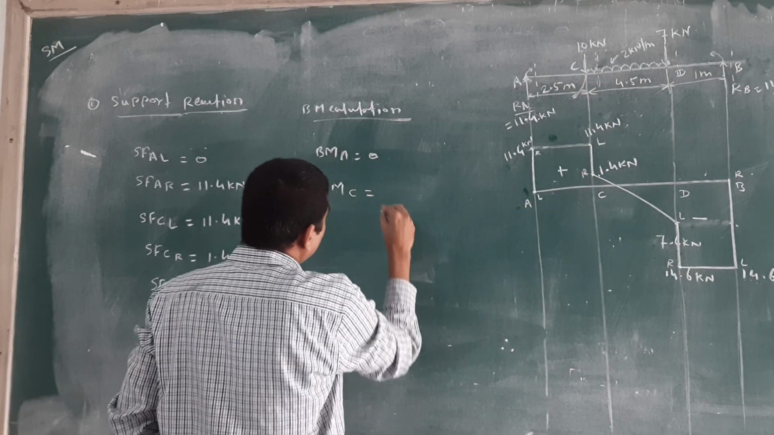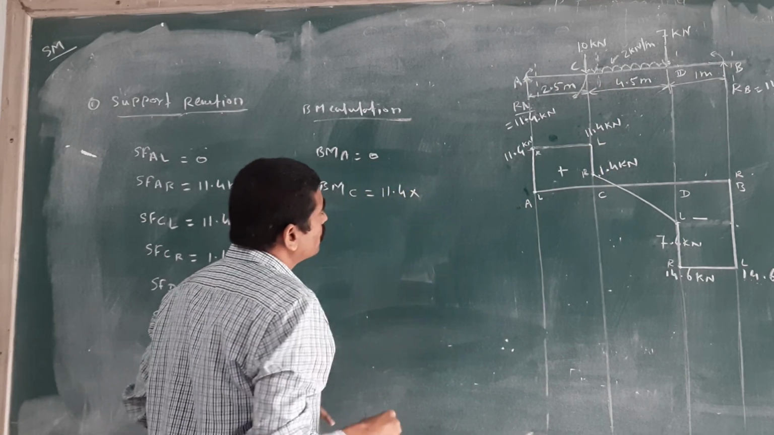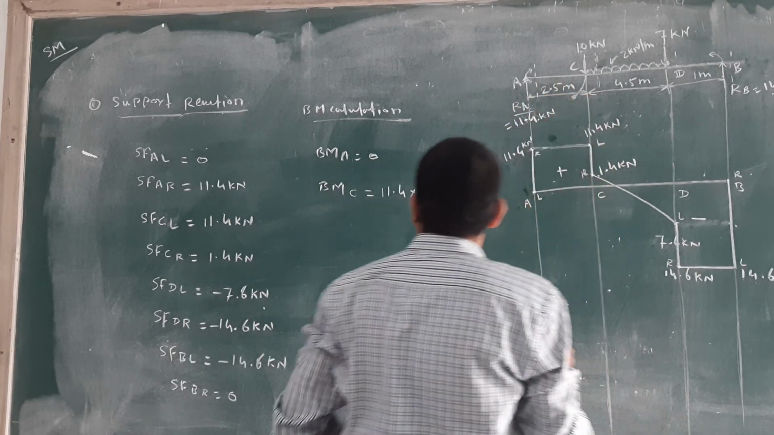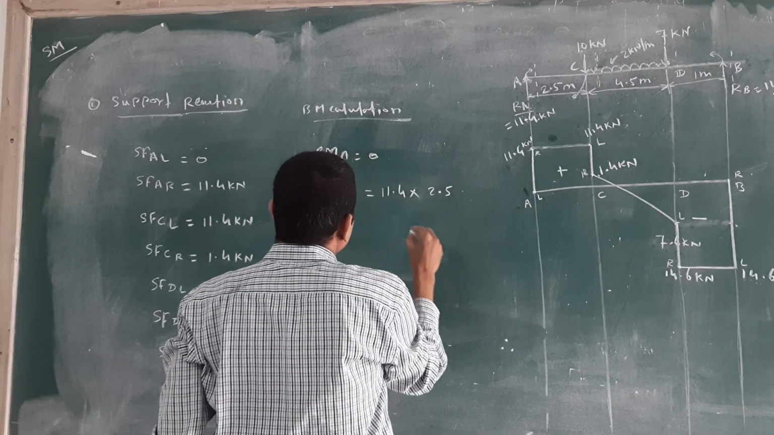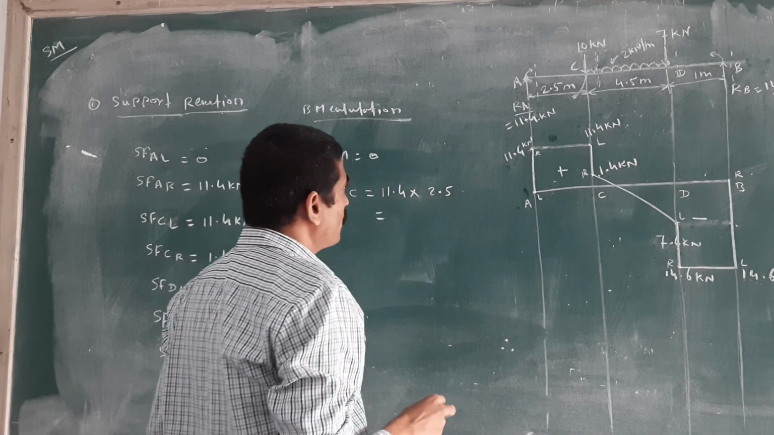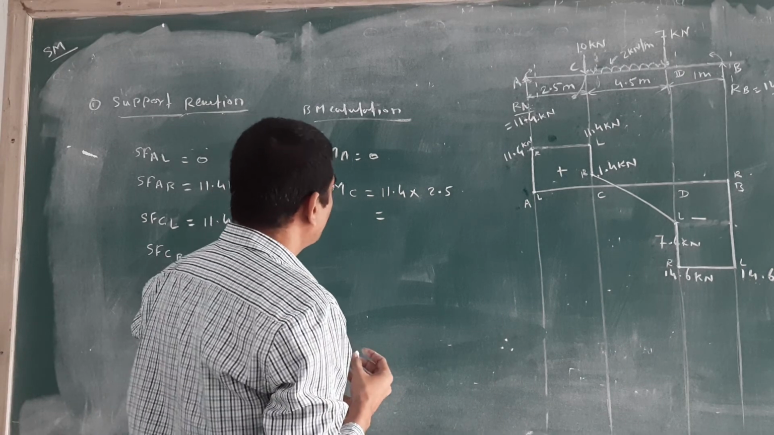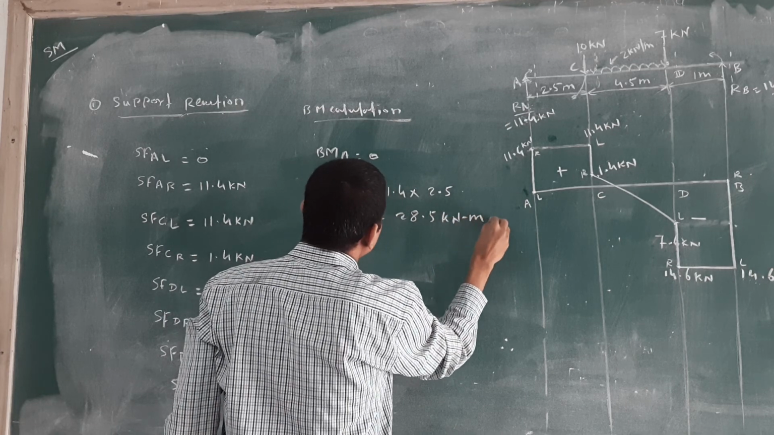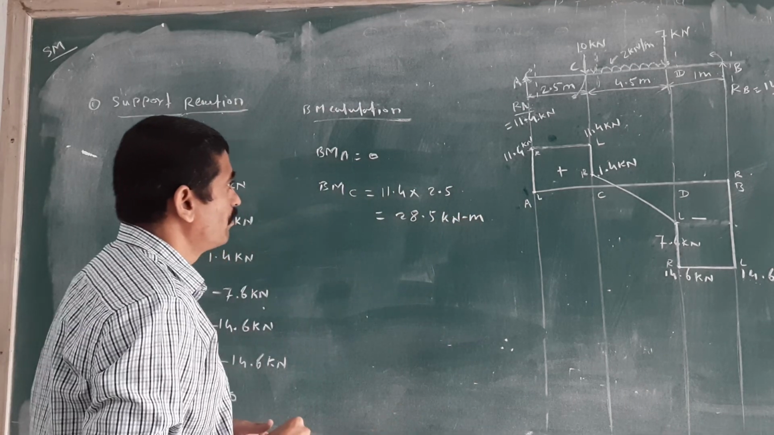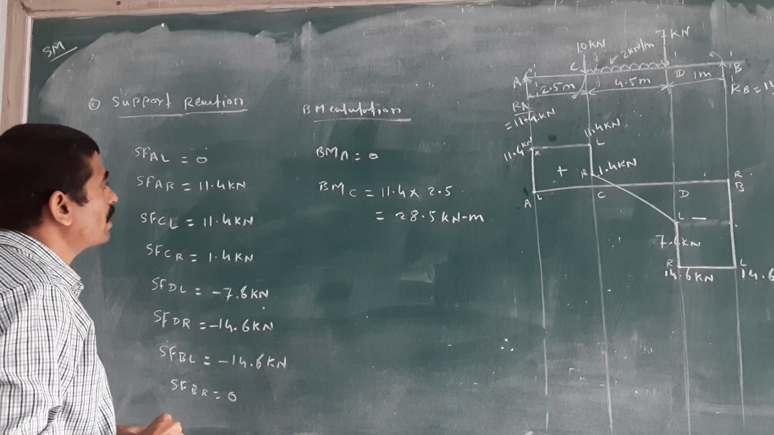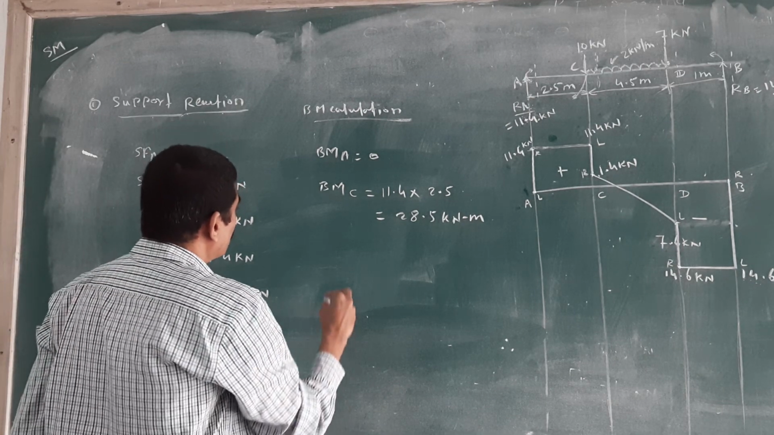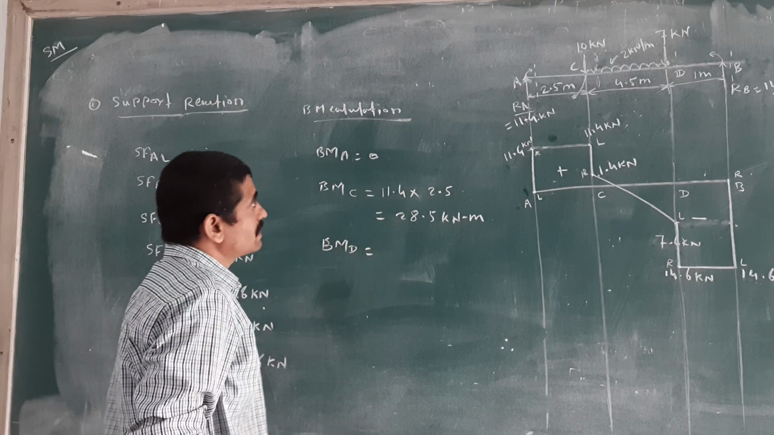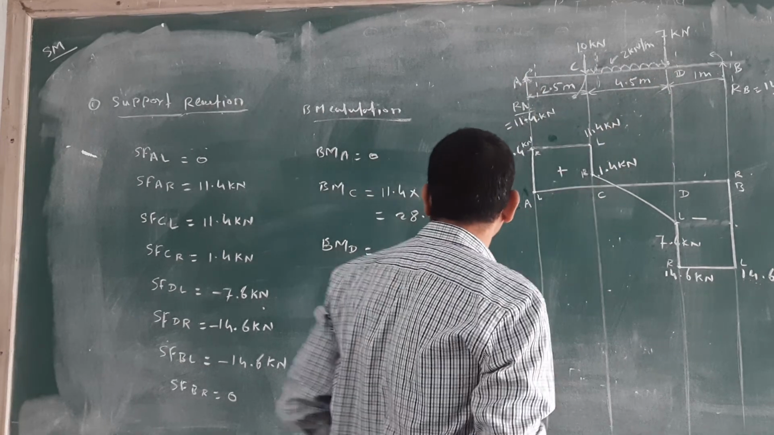That's why we will consider 11.4 into what is the distance? 2.5 meter up to the C. Okay, 2.5 meter. Then you will get 11.4 into 2.5. You will get the 28.5 kilonewton meter. What is the unit? Kilonewton meter. Okay, 28.5 kilonewton meter. Then bending moment at D point. Next is the D point. We will travel A to D. Then take that